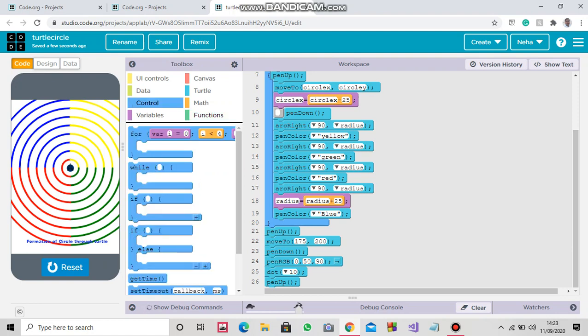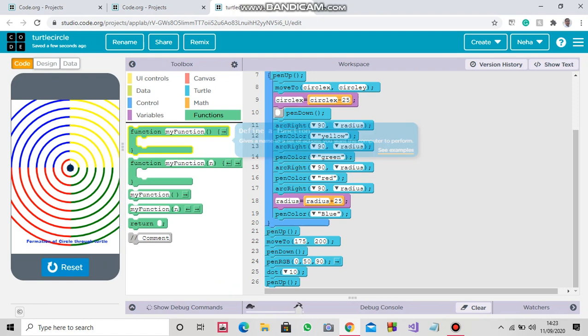What is a function? A function is a type of program, a command where you can take a different set of actions. You have to write a set of actions in a function, and every time you call your function, your program will run. You need not write it many times. You just have to write a function one time, and when you call your function, then it will run.